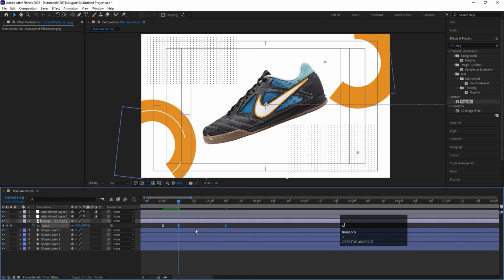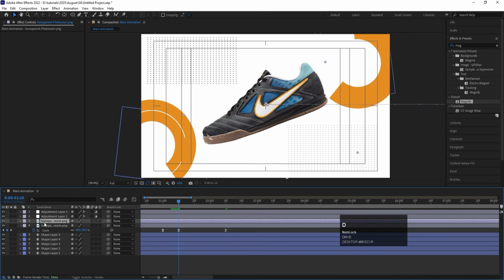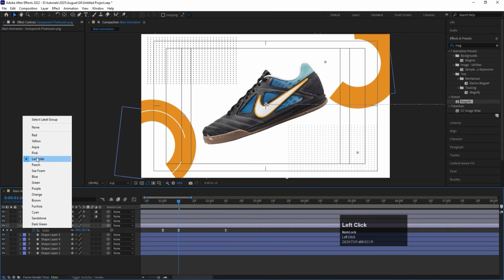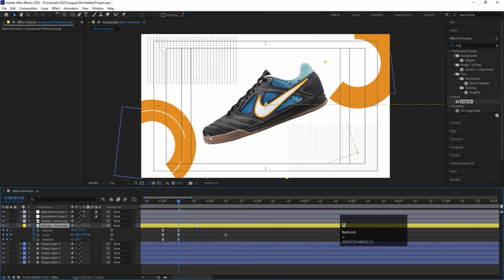Okay, now go to the start, let's select this and hit Ctrl D. Select this fourth layer and change the color of this one to yellow, and hit U, and we are going to remove all the previous keyframes for this layer, and simply hit delete. Zoom in, and hold Alt open square bracket to trim up to this. Now along with that, I don't need any keyframe on position, so I'll delete the keyframe on